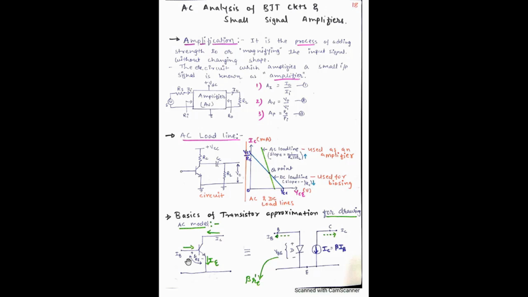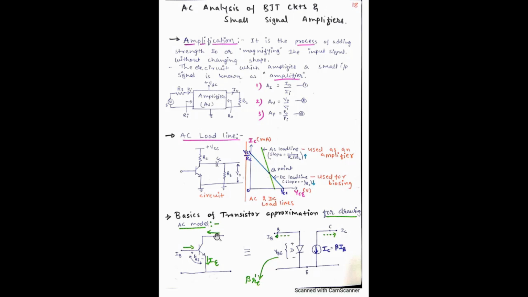This is the input loop, and this is the output loop. See again, this is the input loop and this is the output loop. Now this circuit will be equivalent to this model. The equivalent circuit is drawn by this inverted pi model. This is the input side, this is the output side. Always remember, the input circuit behaves like a diode. The drop, that is VBE, for silicon we can assume practically is 0.7. And the output is a constant current source.